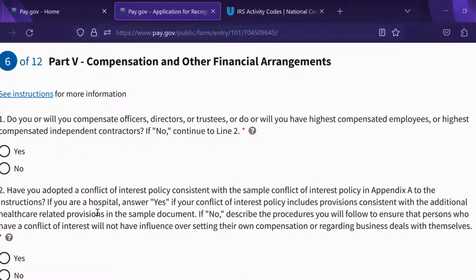Part 5, question 6, compensation and other financial arrangements. Question 1, do you or will you compensate officers, directors, or trustees? Or do you or will you have highest compensated employees or highest compensated independent contractors? We are selecting no, we will not. Our board members do not get paid, and our salaries for all of our employees will fall within a range that is acceptable for nonprofits in Los Angeles